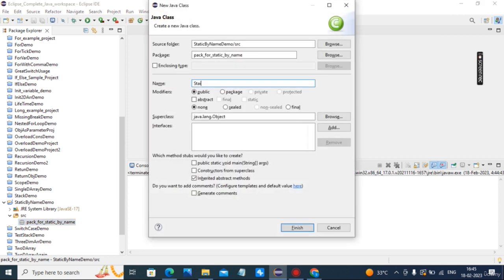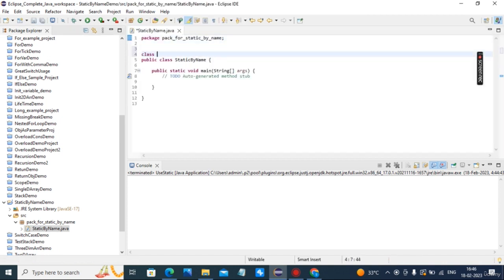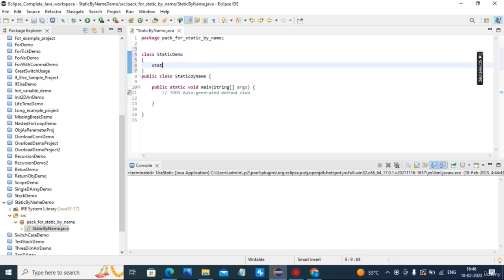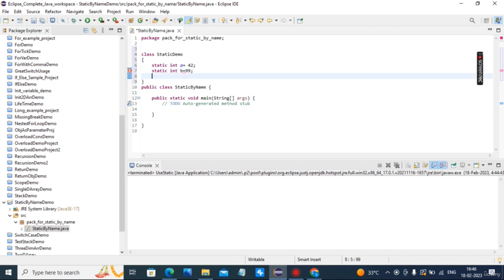Class static by name. Then I create class static table, static a is equal to 42. Static b is equal to 99. Static void call that handles the static data.